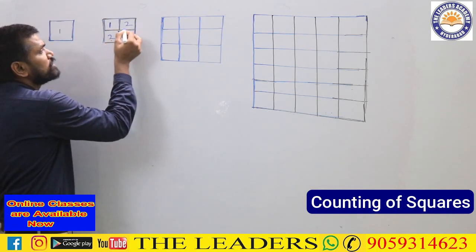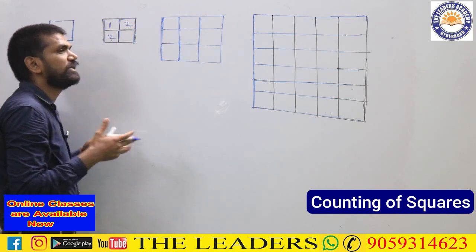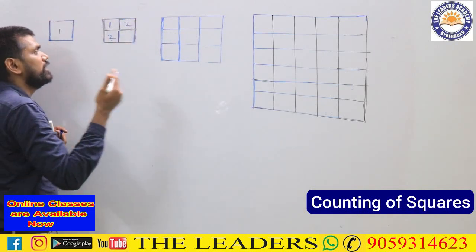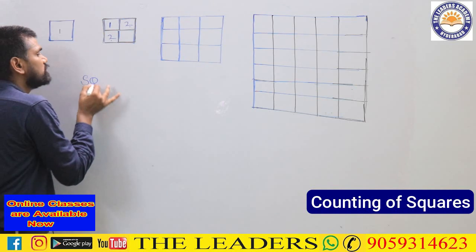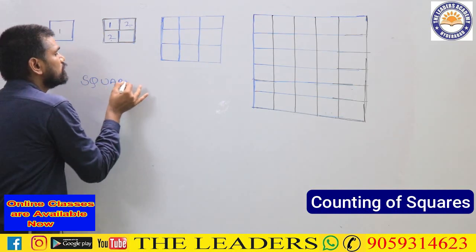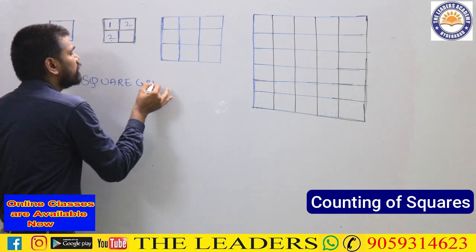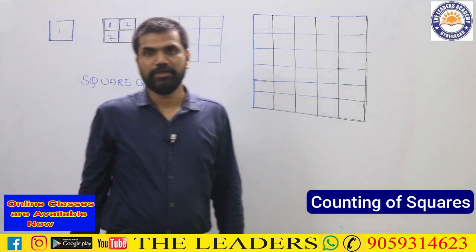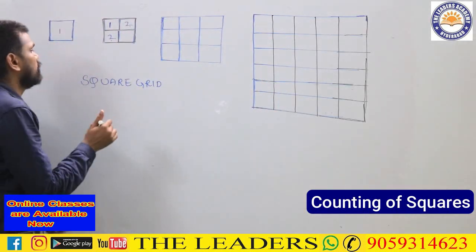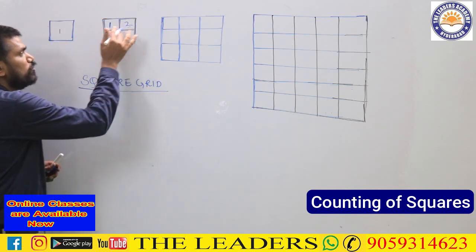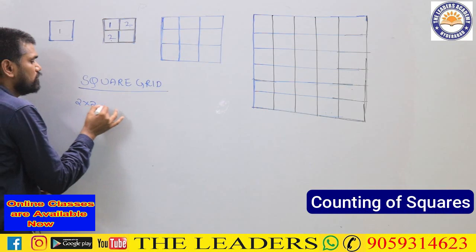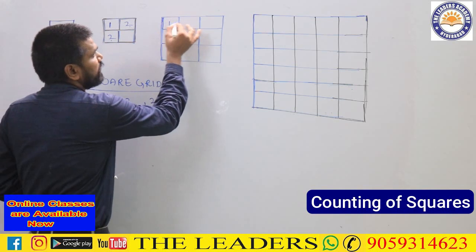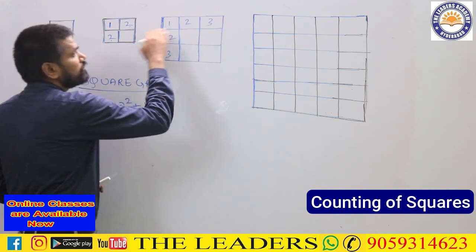Going ahead with largest into largest, or otherwise I will tell you one more method. One more method is, if at all you are having any square grid, in the sense number of rows and number of columns in the particular given diagram are same. Now in such a scenario, what you can do is, this is a 2 by 2 diagram. If it is a 2 by 2 diagram, you simply go ahead like this, 2 square plus 1 square. This is a 3 by 3 unit diagram, 1, 2, 3, 1, 2, 3. You have 3 rows, 3 columns.